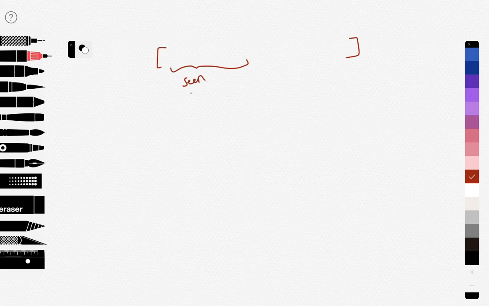So seen is a set of already processed numbers. Okay, and currently we are at this index i, and this is our running index j.